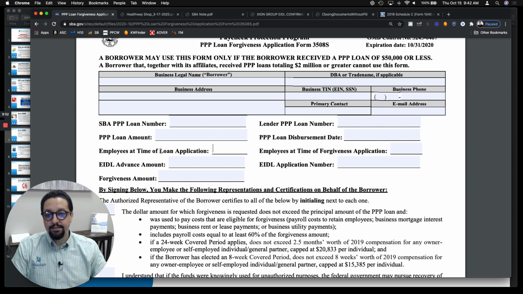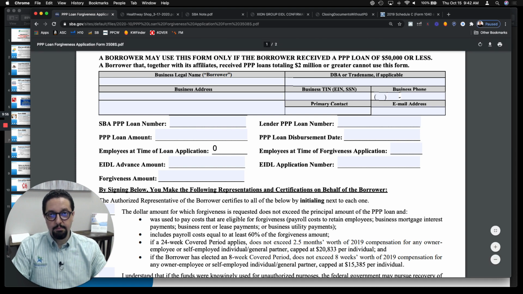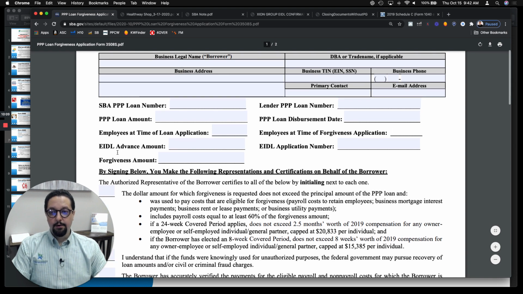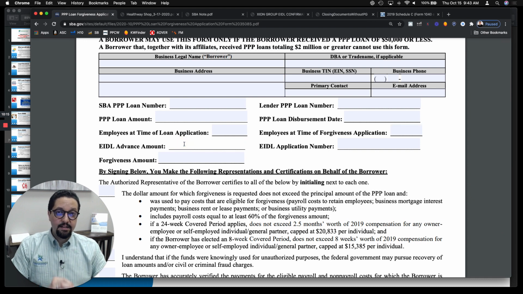So the employees at time of loan application, you just put 0, okay, because you don't have employees. Same with here, employees at time of forgiveness of application, you put 0 because you do not have employees. You're a sole proprietorship. Now, in this line where it says EIDL advance amount, if you got an EIDL advance